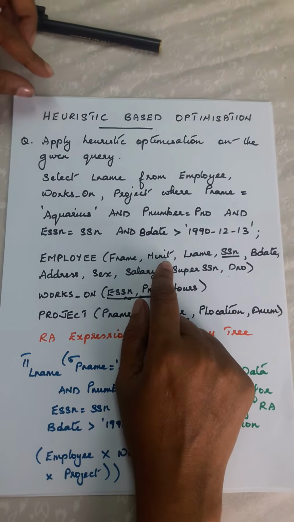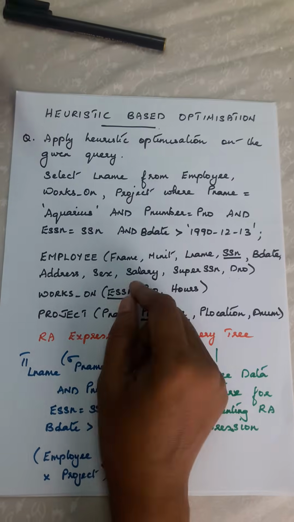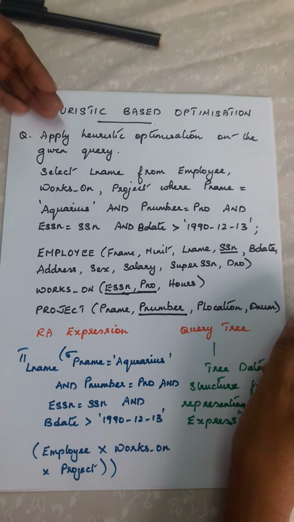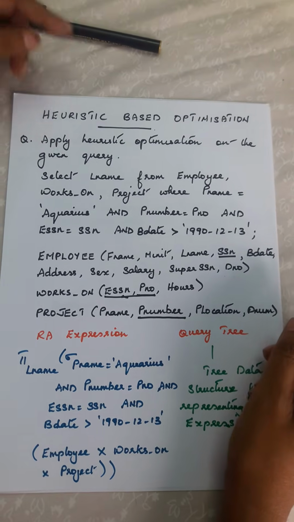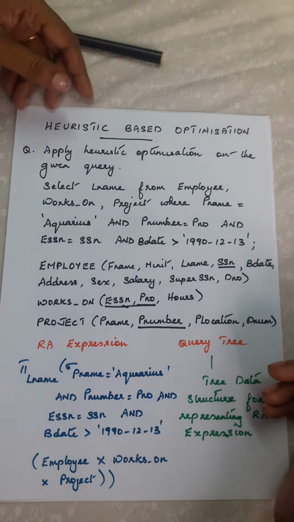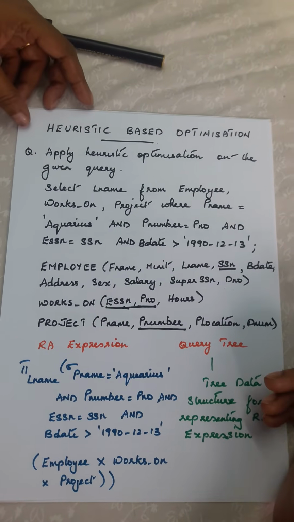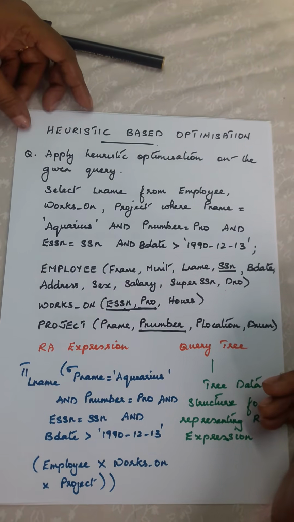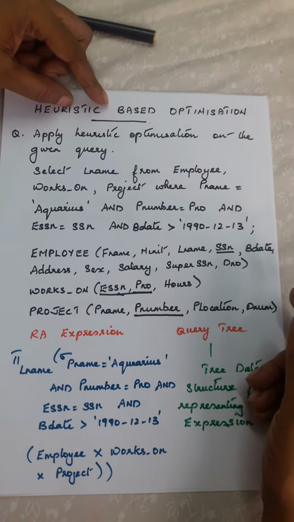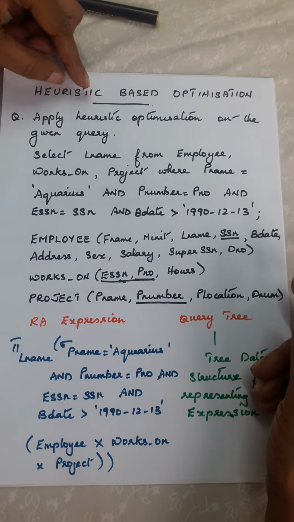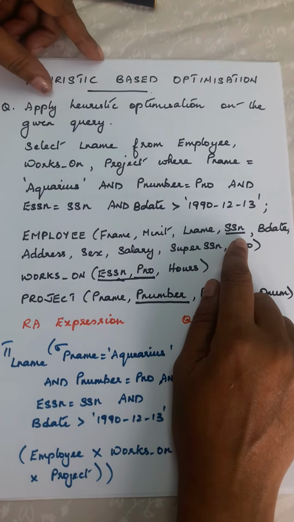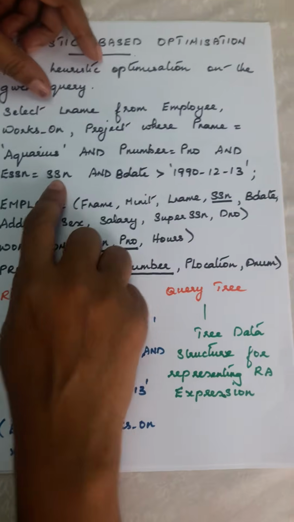This optimization mainly will be required for complex SQL queries which require lots of join operations, and the effect of this optimization will be noticeable for tables which include lots of attributes and large number of records. Okay, so I'll be explaining this heuristic based optimization, the various steps included in that, with the help of an example. This example I have taken from a text. So just refer the question.